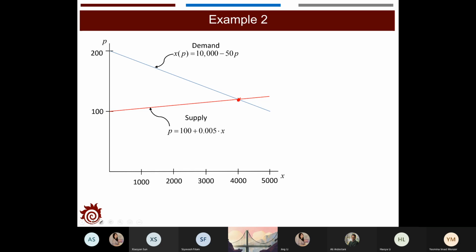And apparently, you can get the intersection. So the result is, for the demand, it's 4,000. For the price, it's 120. Also, for this simple example, you can just use the two equations to get the result directly. It's not necessary to draw the figure. And at the equilibrium, we have the